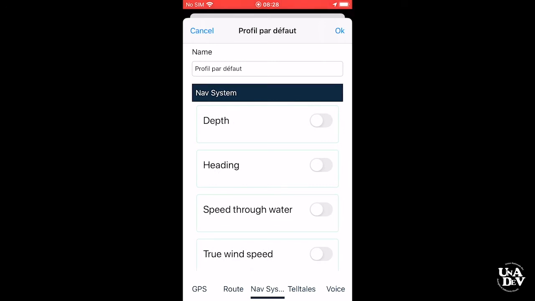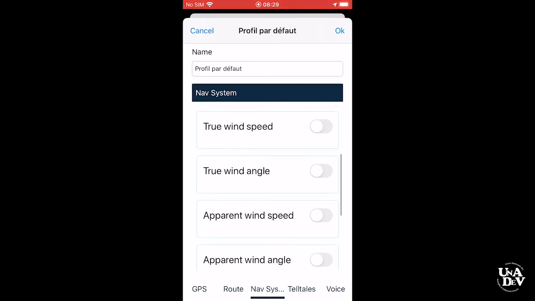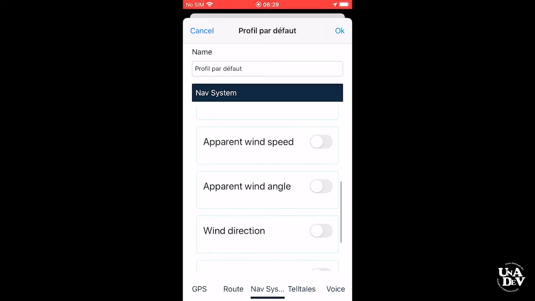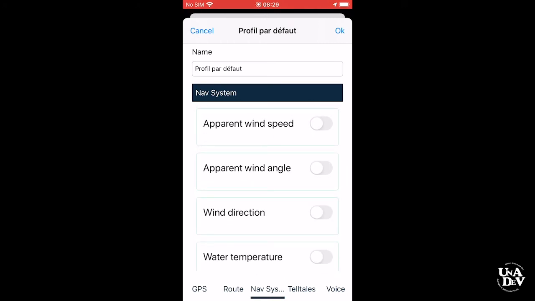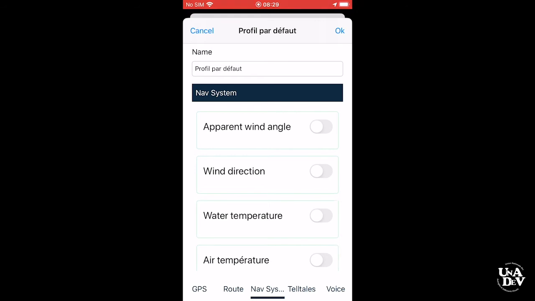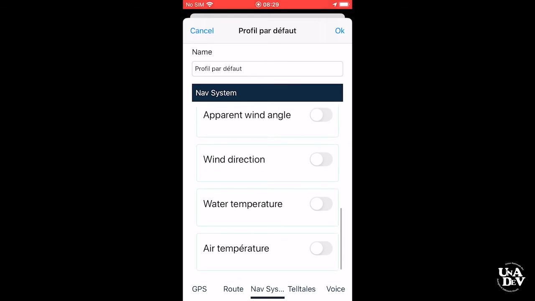On this page, you can enable or disable 10 types of information: depth, heading, speed through water, true wind speed, true wind angle, apparent wind speed, apparent wind angle, wind direction, water temperature, and air temperature. You can set these announcements in your announcements profile even if you are not connected to the